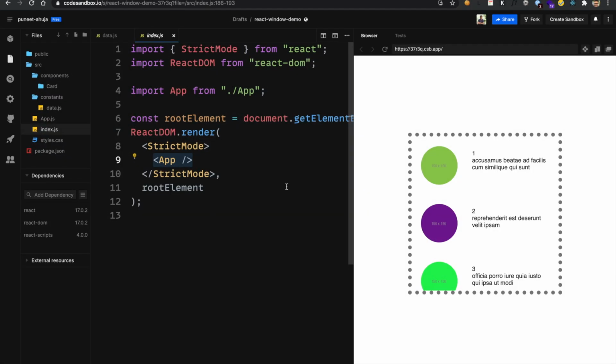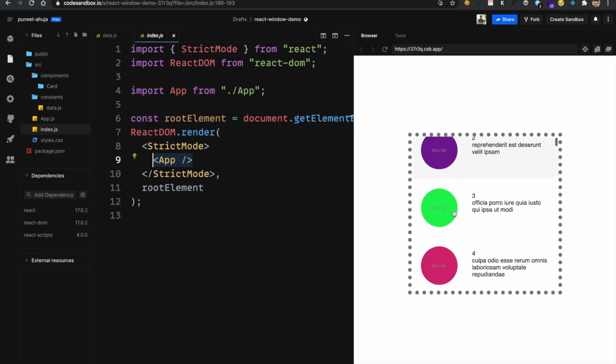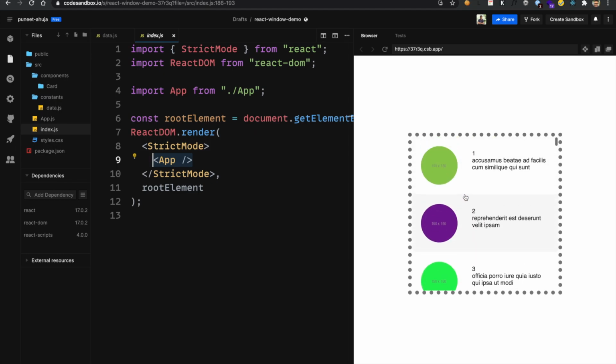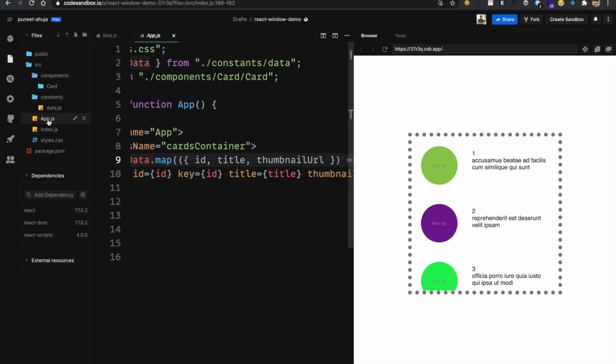Here, you can see that we have our initial setup in Code Sandbox. I'll share the link of this Code Sandbox in the description section so that if you want to go through it, you can watch it at the end of the video. In the rightmost panel, you can see that we have a gray dotted border that represents our viewport. It contains a lot of elements, and every element is a React component card that contains one image, one ID, and one title. Let me just take you through the code also. So here is the index.js, that is our entry point. In the index.js, we are just rendering the app component. Let me just take you through what this app component is.